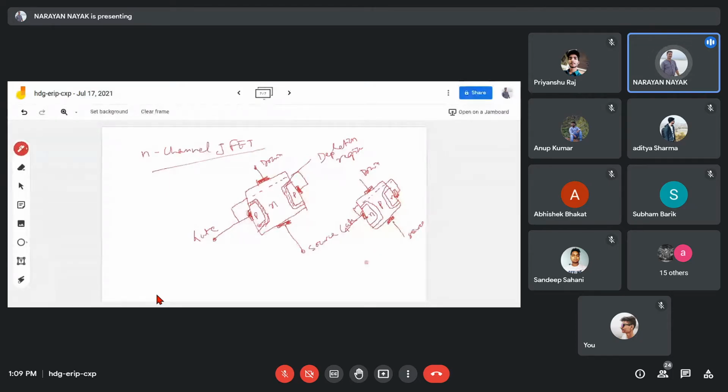Understood? So this is your P-type JFET. So what did you understand? In N-type JFET, the major part of the structure is N-type material. In P-type JFET, the major part of the structure is P-type material. Okay. Here also the depletion regions are there. Here also these are the depletion regions. Clear? Okay. So I'll tell you what is the use of gate, what is the use of source, what is the use of drain. Clear?